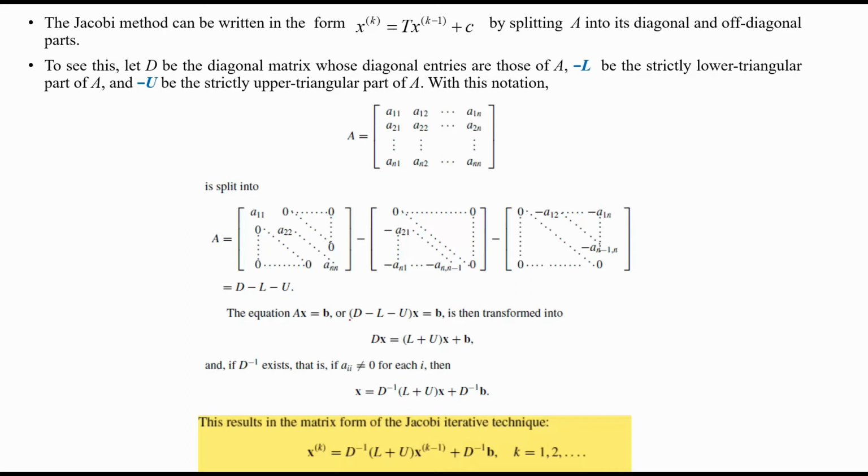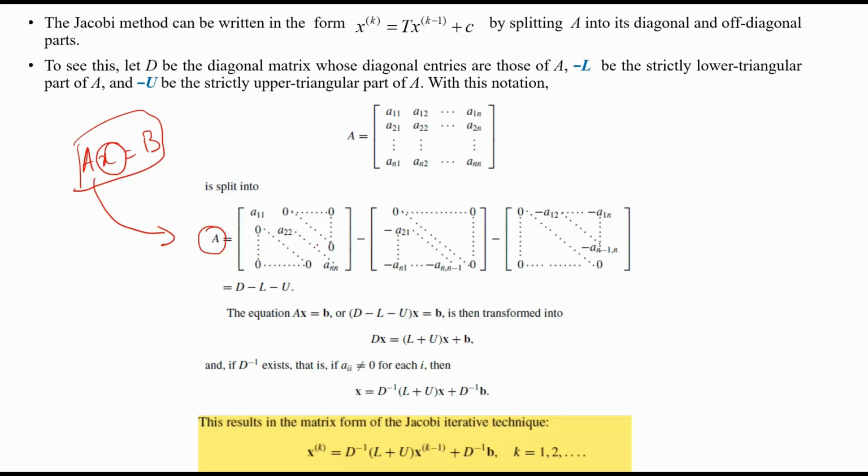So what we have done, we have split this A, the matrix A, that is the coefficients of the equations whose solution we want to find, as you have already seen. I have written this matrix A, breaking it into three parts, that is D minus L minus U. So D is what?